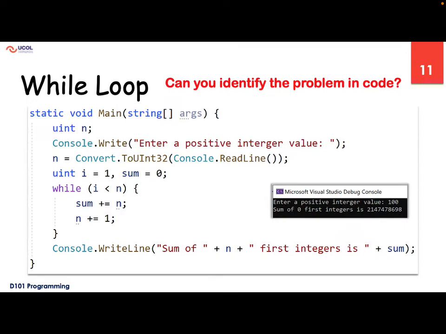So when we are designing the loop continuation condition and the body of the loop, we need to be very careful exactly what we want to do. So here it should be I, not n, inside the body of the loop. Sum plus equal to I, I plus equal to 1, not n, because n is not going to change, I is going to change, and based on that we are going to come out of the loop. Clear? Any questions